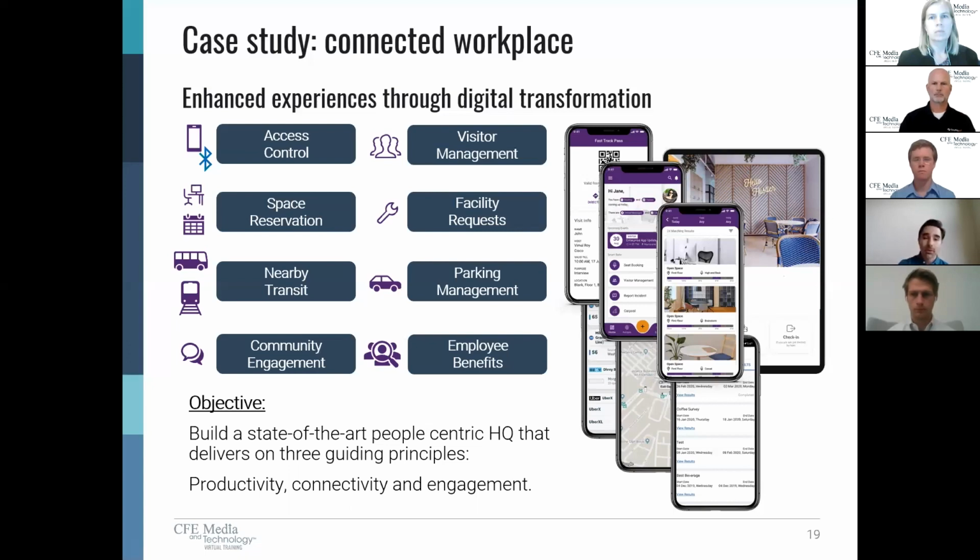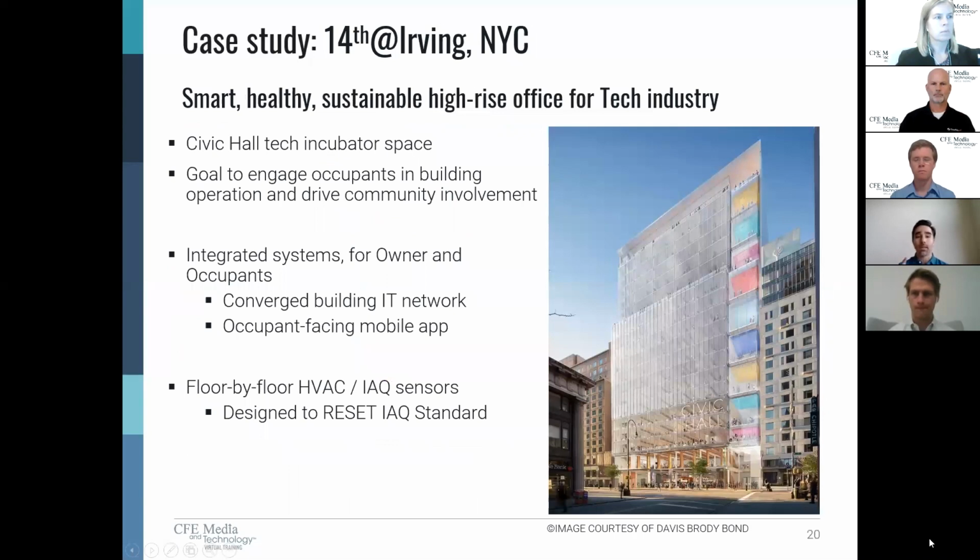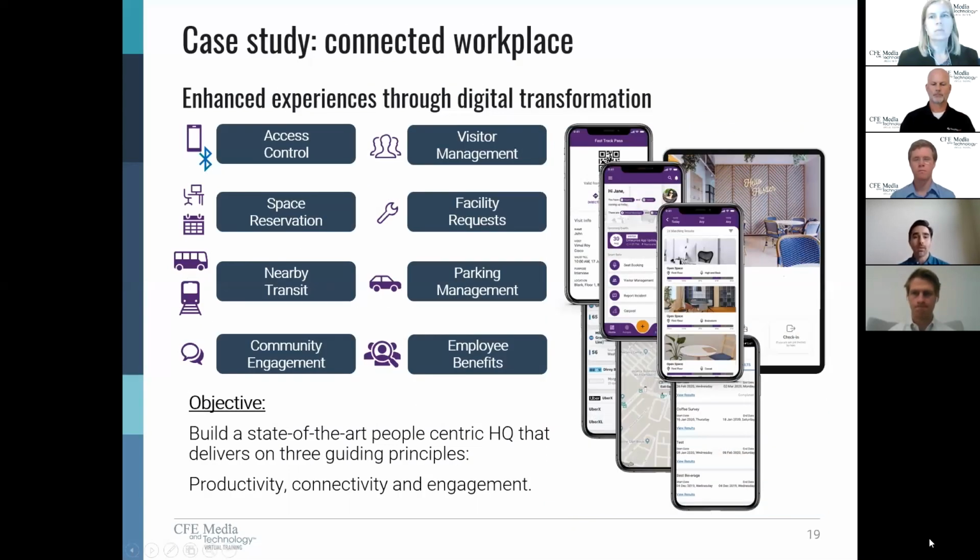So through multiple visioning exercises and various use cases, we narrowed in on the 8 items listed on the screen here. They are access control, visitor management, space reservation, facility request, transit, parking management, community engagement, as well as employee benefits. And we wanted to connect all these different experiences with the building systems and the actual user, through a mobile application for the occupant, the employee, and the visitor,